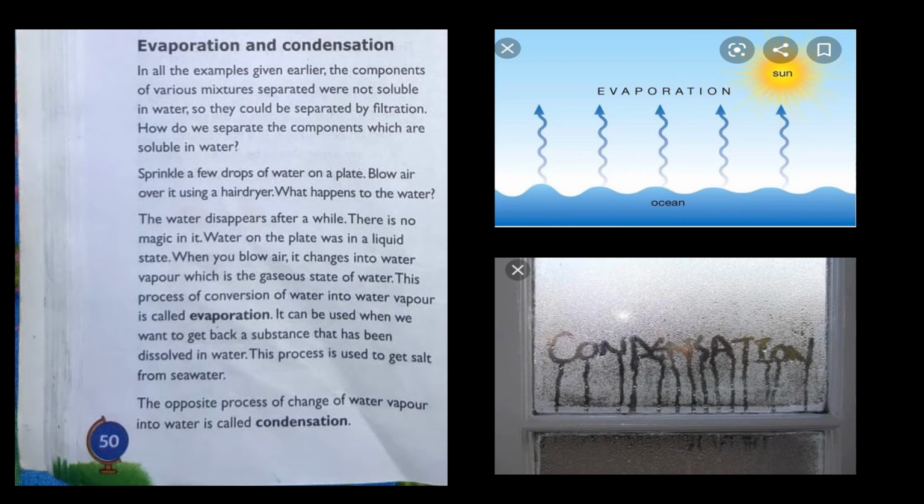As the water vapor goes up again, because of the coolness outside, the water vapor gets cold and converts its form back into water droplets, and it comes back to earth as rain. This is exactly what happens: evaporation and condensation. From the ponds, because of the temperature, evaporation happens and the water particles go up in gaseous form. Again, when they feel a little bit cold, they come together and form water droplets.